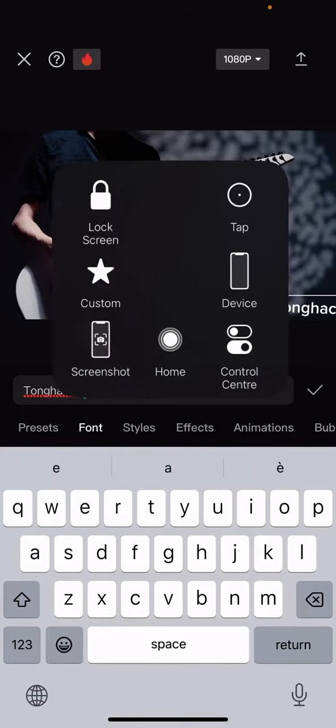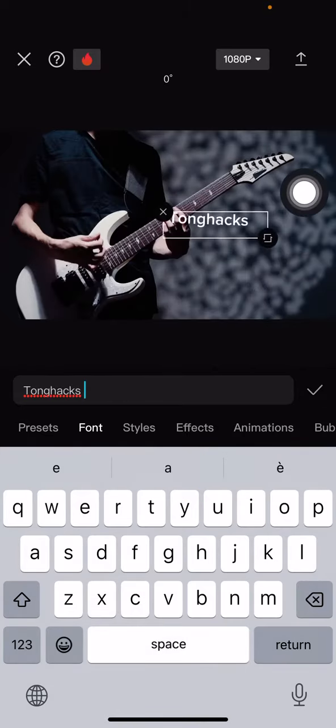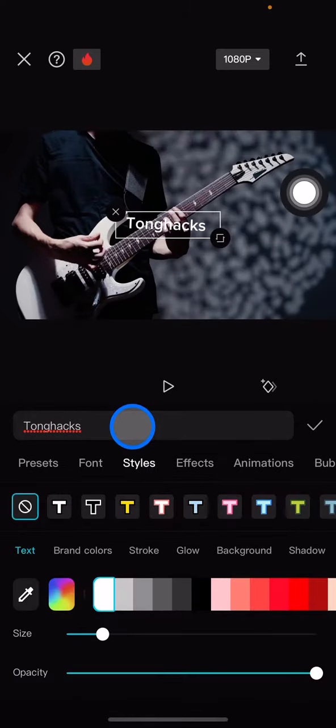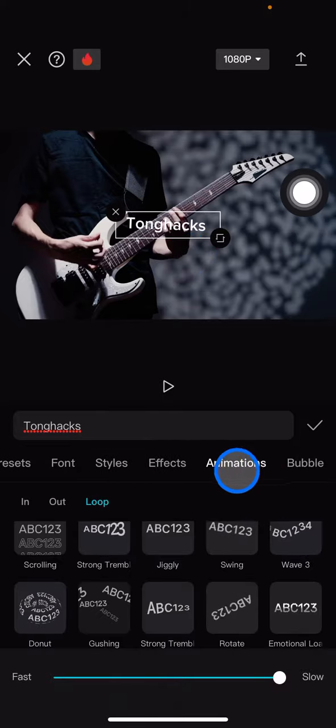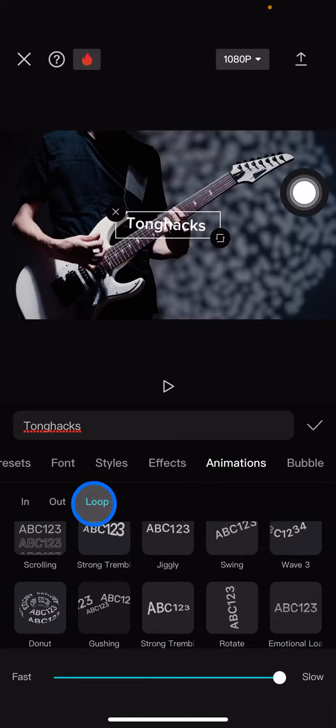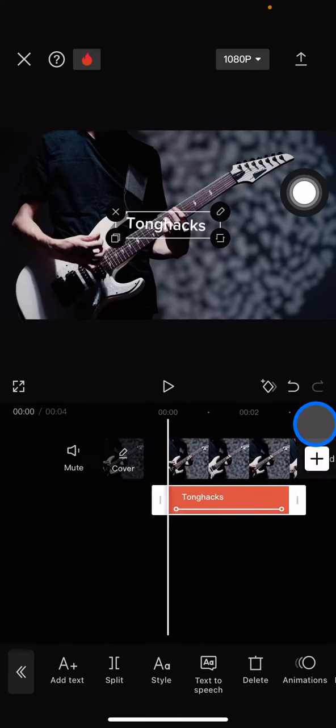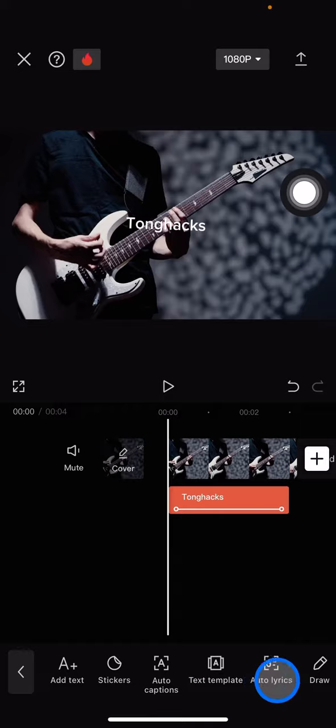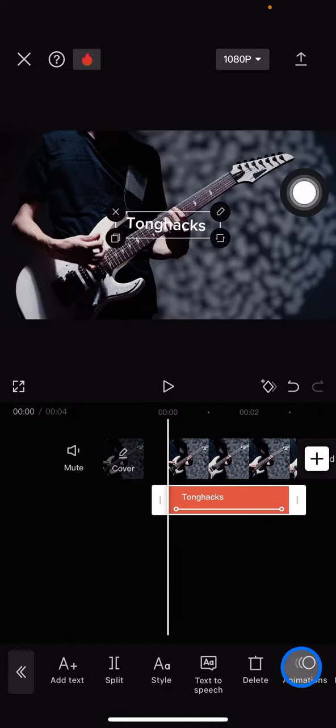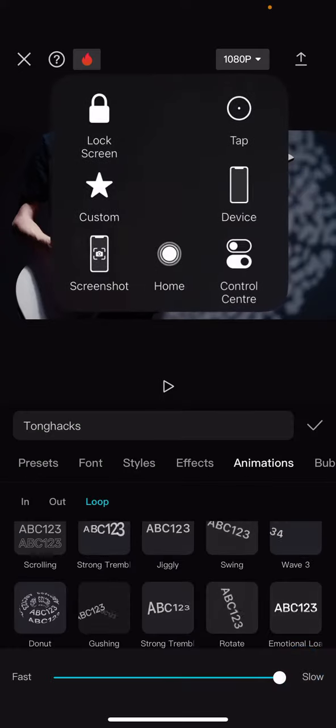And after you've got it, you can position the text as well as style the text by visiting the style section. But here, I just want to keep it this way, and I would like to add the animations. Just go into the animation section and make sure that you stay in the loop section. Now you just need to scroll down until you find this